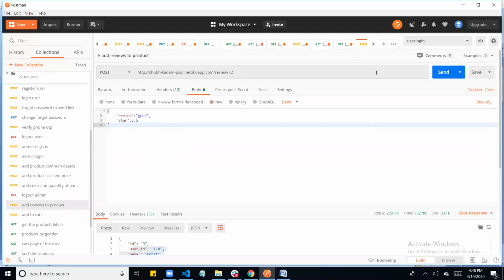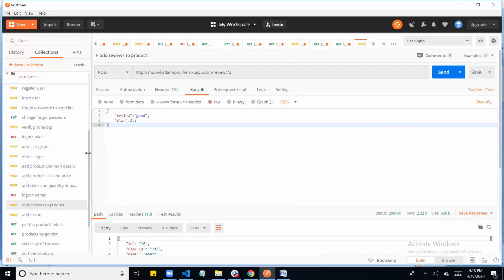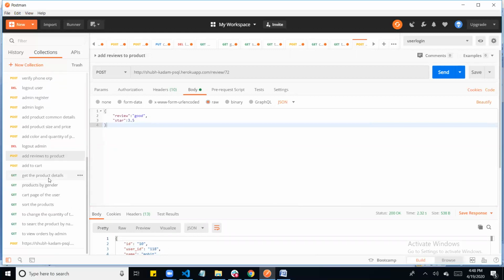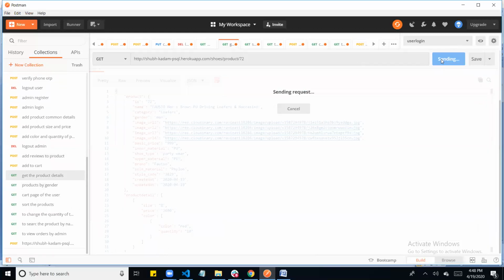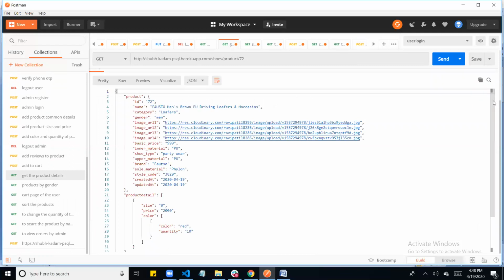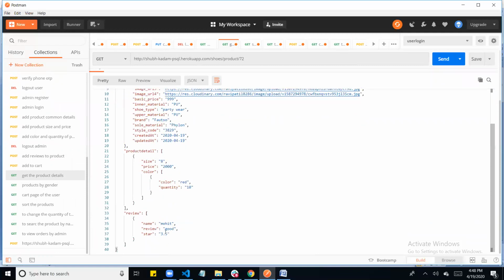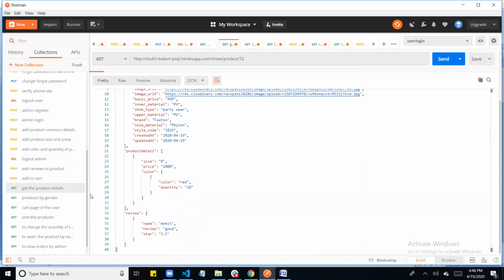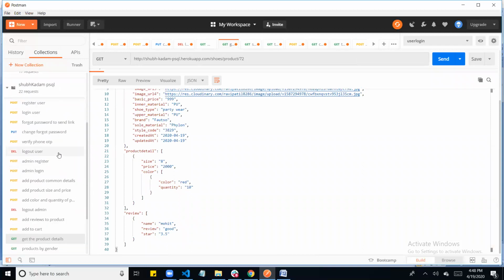Review good and star 3.5. So I will add this now. So I'm getting the ID and everything. So I will again search for this product 72. Let's see whether the review is coming or not. So now you can see here that the review and stars are coming here, so it is running fine. And that's all for now.